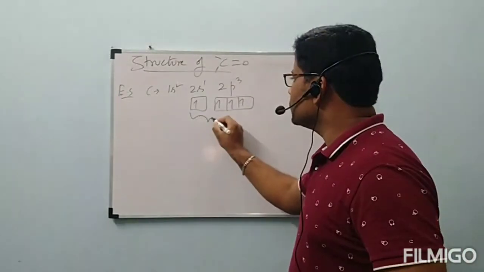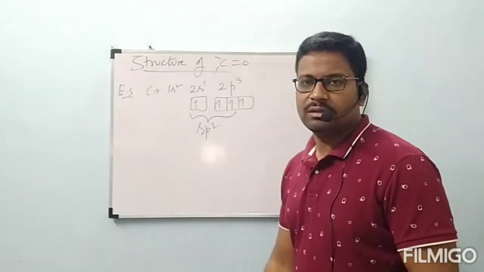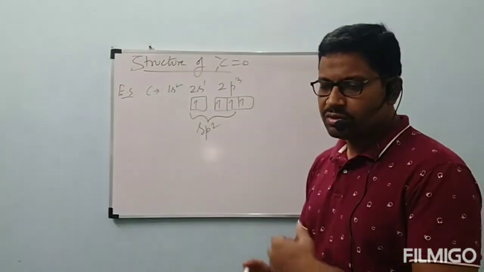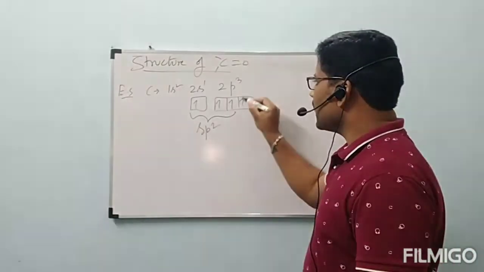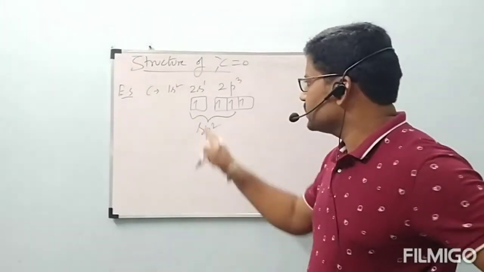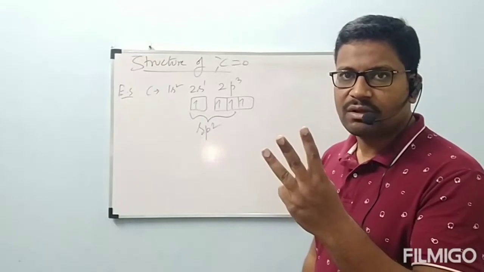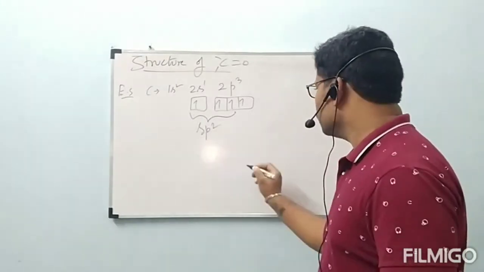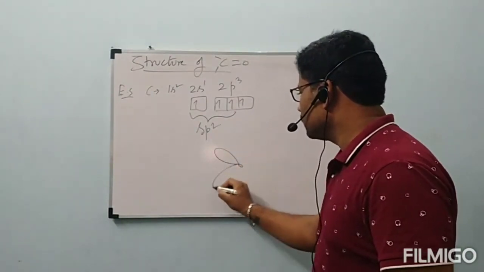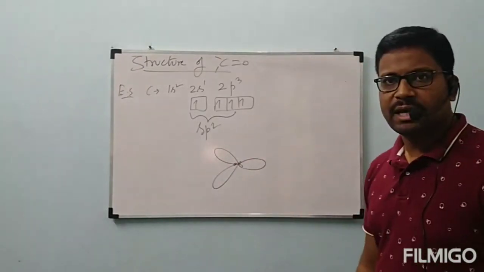In the carbonyl group, carbon will undergo sp2 hybridization, because it already has one double bond. A pi bond cannot be formed by hybridized orbitals, so it will undergo sp2 hybridization. Through sp2 only we can explain it correctly. One unhybridized p orbital remains. How many orbitals undergo hybridization? 3. So we get 3 hybridized orbitals. What is the shape of those three hybridized orbitals? They will be in a trigonal planar arrangement.